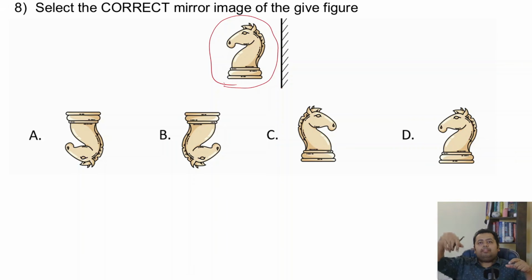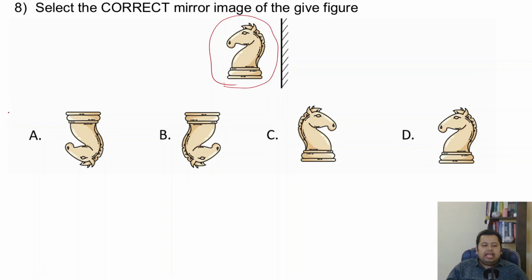So you're flipped sideways, that is, your right becomes left, left becomes right, right? That's how you see a difference in a mirror. But if you stand in front of a mirror, will you be turned upside down? No, that does not happen in front of a mirror, right?